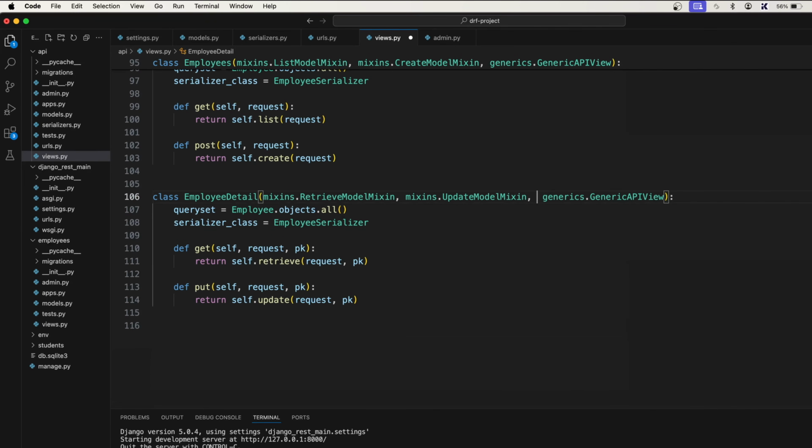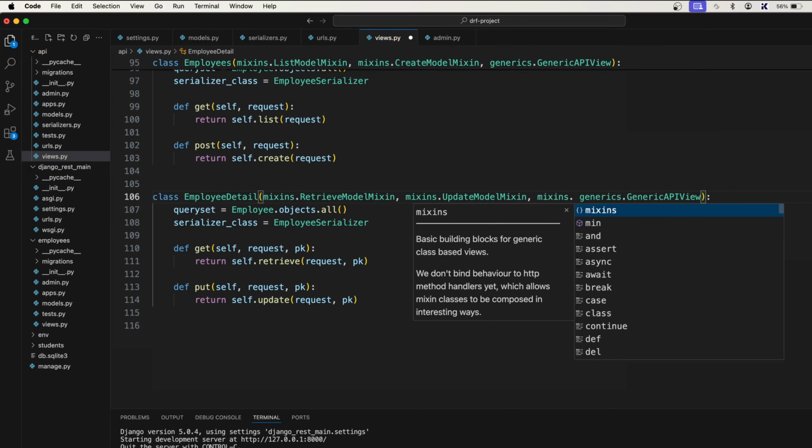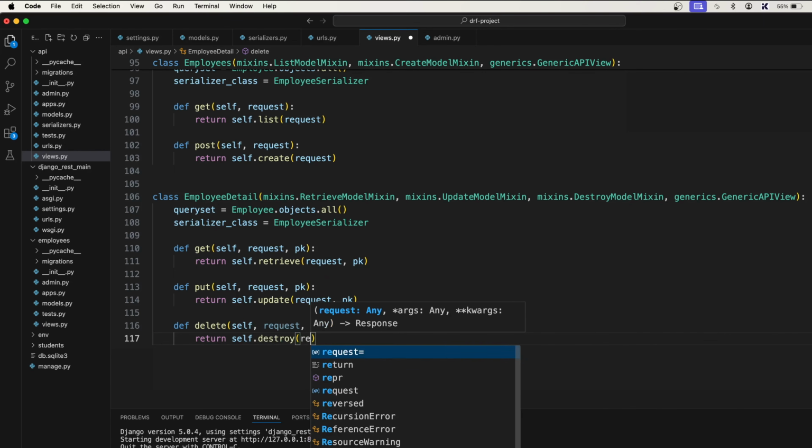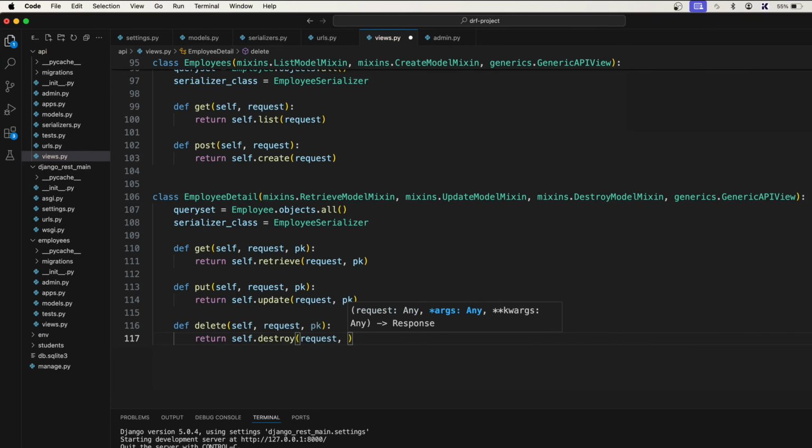And last one is to destroy or delete the object, right? So for deleting the object, what we need is mixins.DestroyModelMixin, right? So you inherit this, and then you create a new function and say delete. Okay, delete is an HTTP method, and let's pass self, request, comma which object to delete, right? For that we need primary key. Pass the primary key, and after that simply say return self.destroy, which is a function. self.destroy, pass in request comma primary key. Simple,